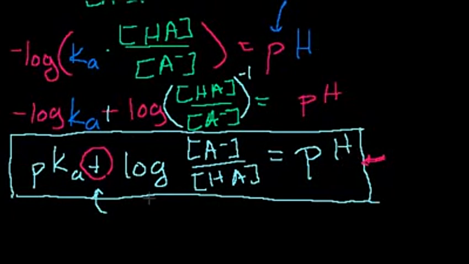But what's useful about this? Well, it immediately relates pH to our pKa, and this is a constant, right, for an equilibrium, plus the log of the ratio between the acid and the conjugate base. So, the more conjugate base I have and the less acid I have, the more my pH is going to increase, right? If this goes up and this is going down, my pH is going to increase, which makes sense because I have more base in the solution. And if I have the inverse of that,